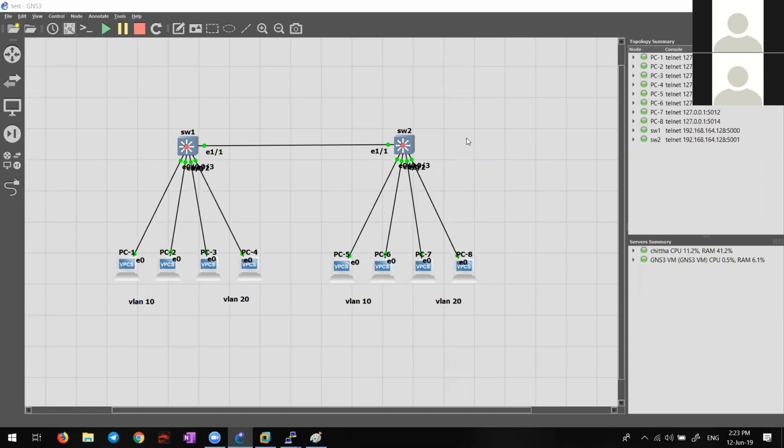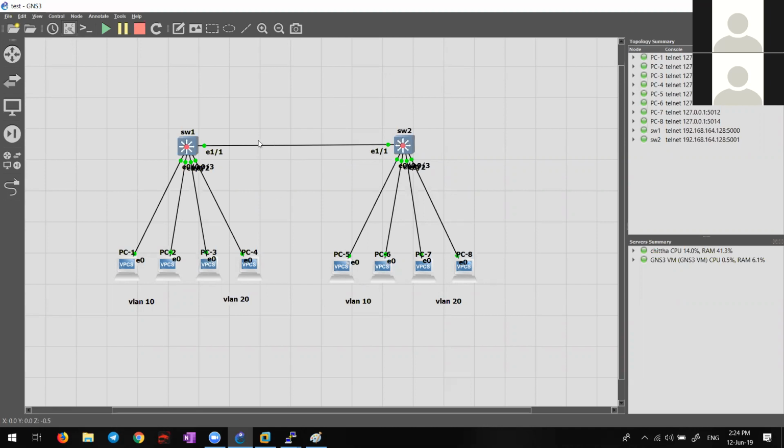Now, I initiated one side with trunk. The other side is also becoming trunk. So how is that possible? If it is access by default, then why is the other side becoming a trunk? Dynamic desirable. But you guys just now told me this was an access port. If I connect a PC into the same port, it will be an access port or dynamic auto. But the PC connected port is not getting this BPDU. That is for STP. This has nothing to do with STP. Have you ever thought about this?